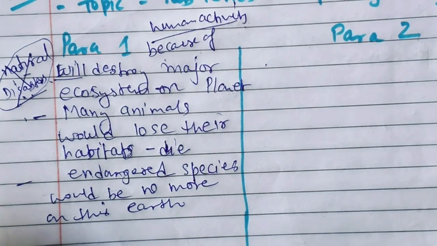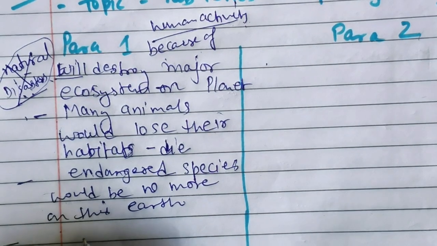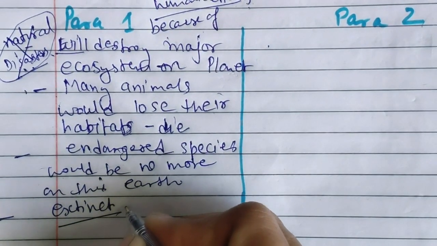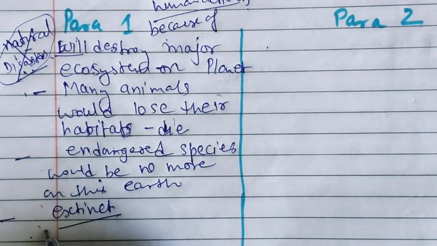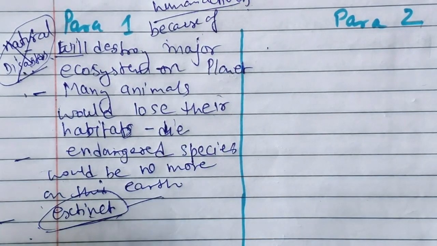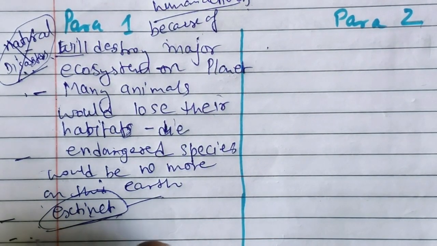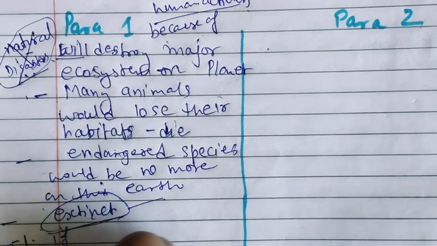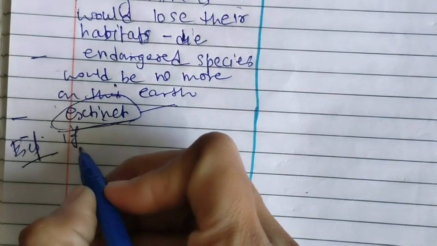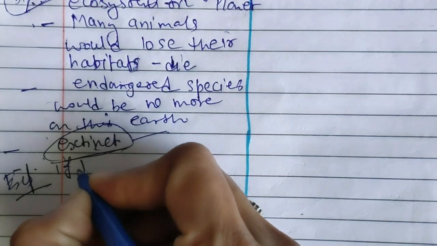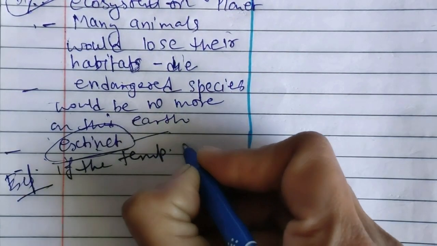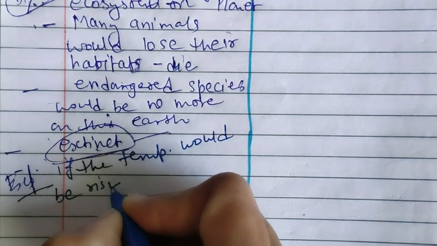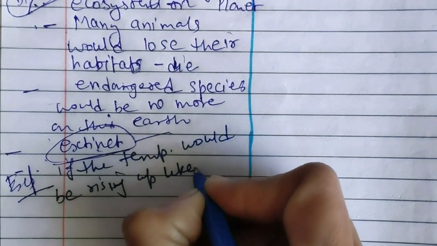We will lose them, and they will go extinct, another word I have, they will become extinct. The endangered species would be extinct on this earth. Now let's give the example. Example I am writing it here: if the temperature would be rising up like this,